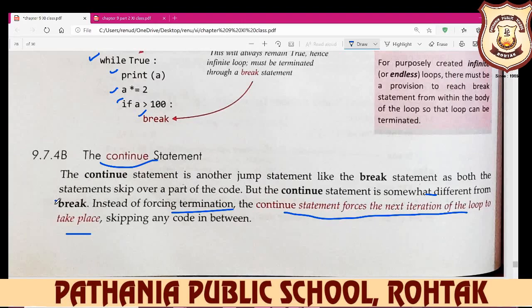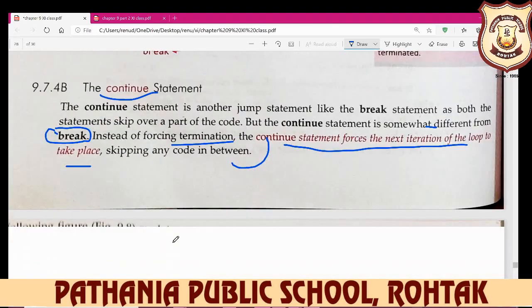Your break statement breaks out of your program, terminates your program, and skips your code. But continue jumps directly to the next iteration under a particular condition, skipping any code in between.